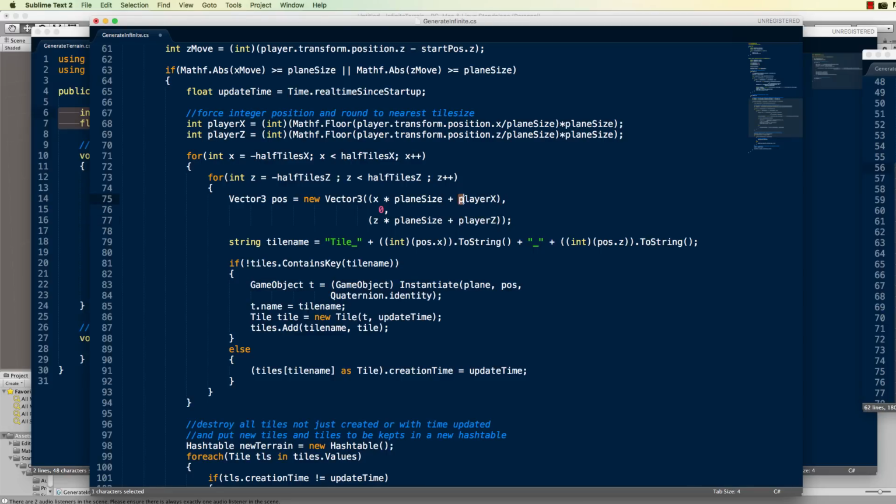So this is sort of the offset, so that every time we do this loop, it will create all of those tiles around the player. Okay, this next string is setting the name of the tile using our positions. And then what we're going to do is add all of these new tiles, or create these new tiles only